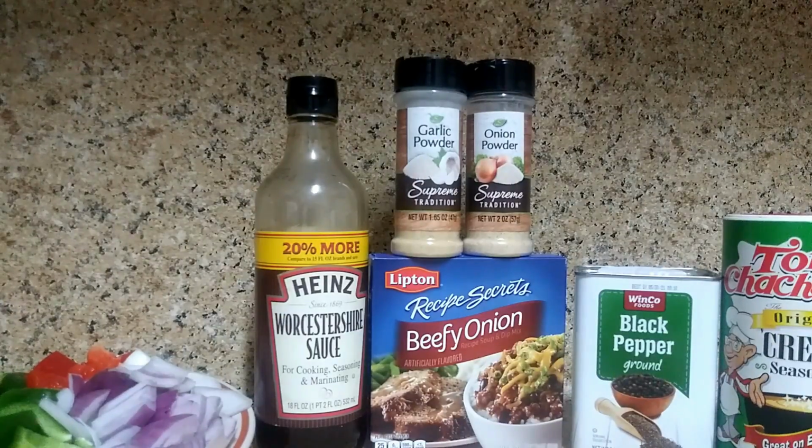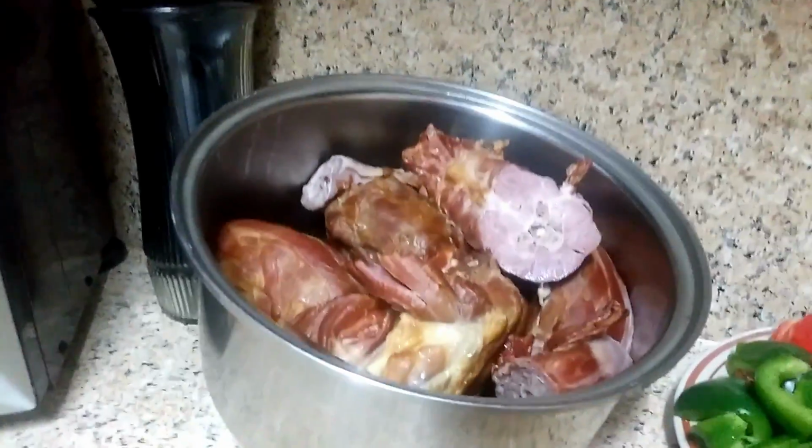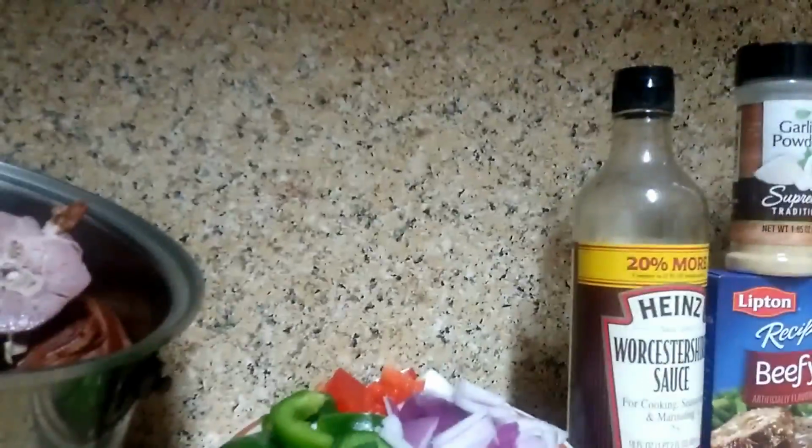Hello everyone, today we're going to be making smoked turkey necks. We're going to actually use 2.5 to 3 pounds of turkey necks. We're going to need